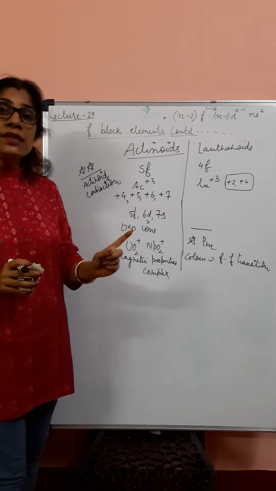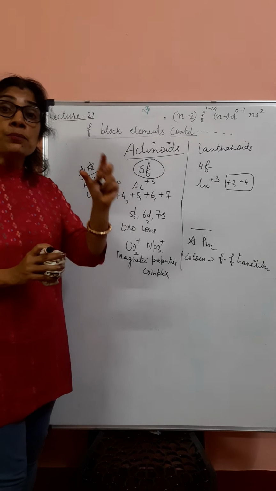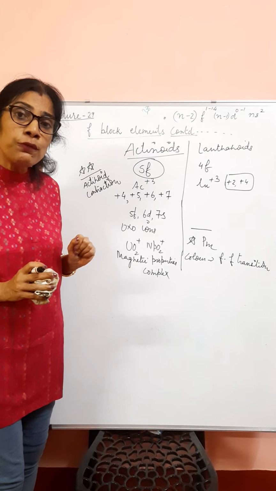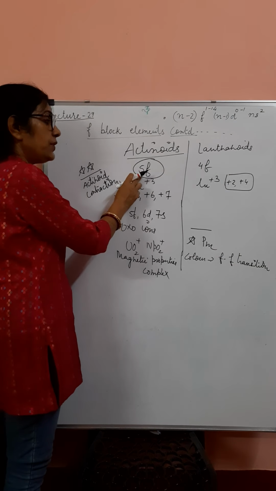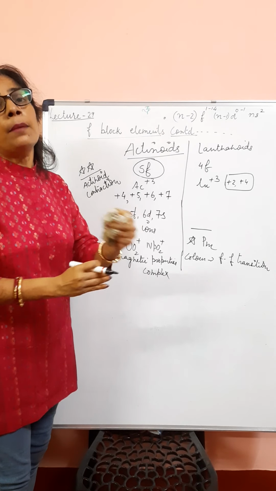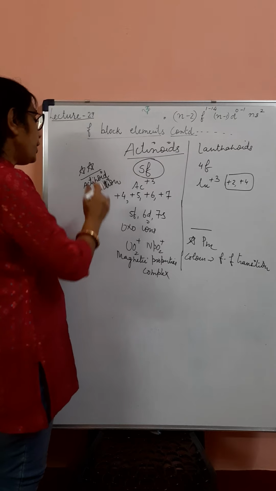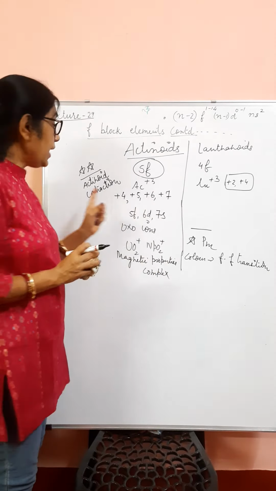Because in actinoids, as I have said, and you know very well, electrons are successively added in 5f orbitals. Since 5f is farther from the nucleus, its shape is more complicated and diffused as compared to 4f orbitals. So what happens is that 5f orbitals have poorer shielding and screening effect as compared to 4f. Therefore, actinoid contraction is greater from element to element as compared to lanthanoid contraction.